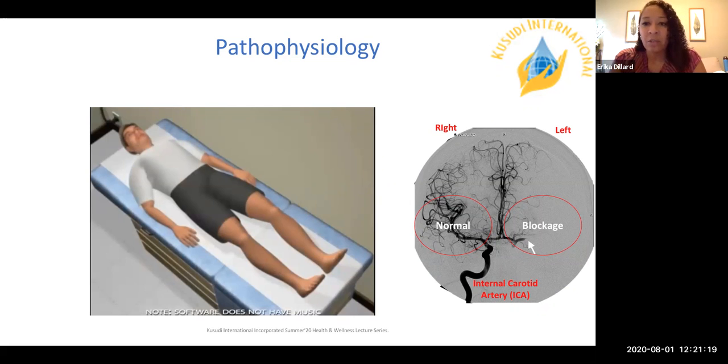So first, I want to describe on the right. It's a sophisticated study that we use in neurology that is called an angiogram. And basically what it does is look at the blood vessels, the patency of the blood vessels, and the pathway of the blood vessels. So one thing that you'll notice is that at the very bottom, there's a larger artery that leads up to very much smaller arteries that supply different areas of the brain.